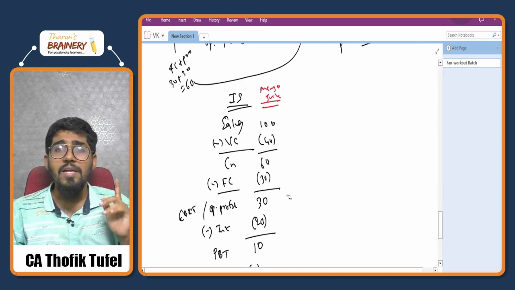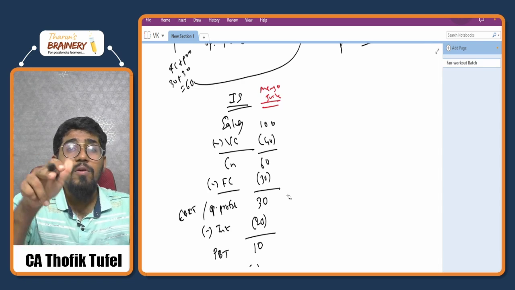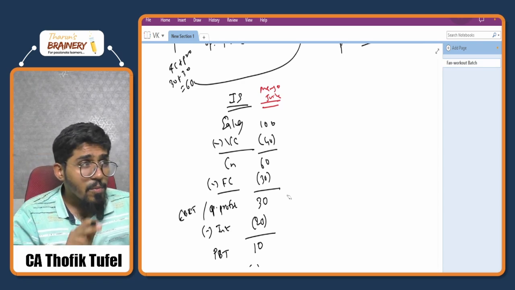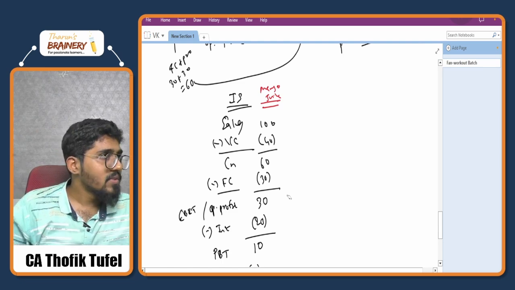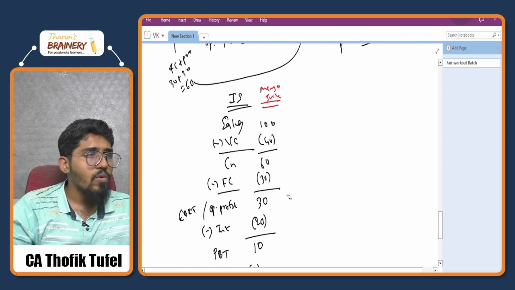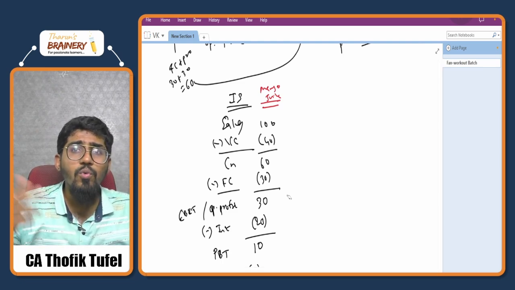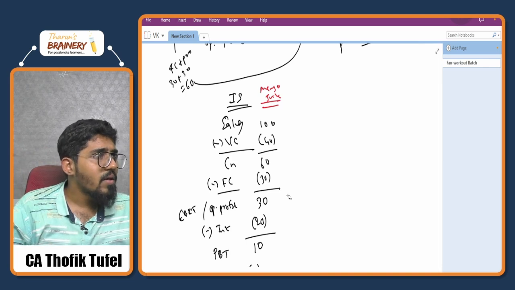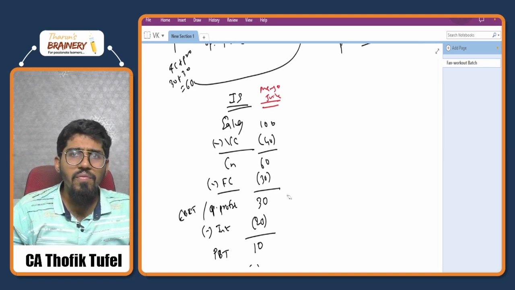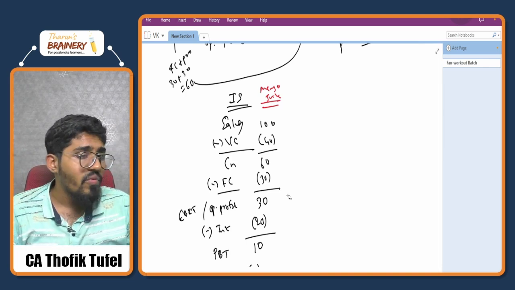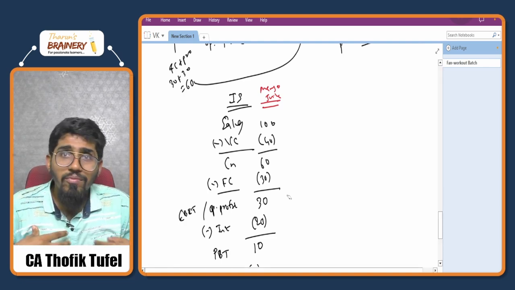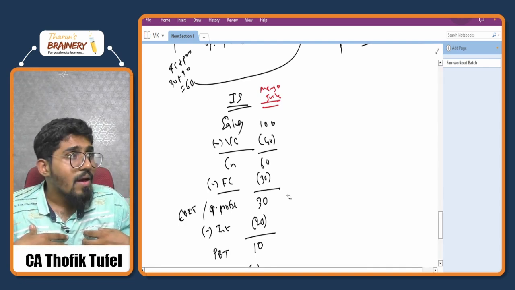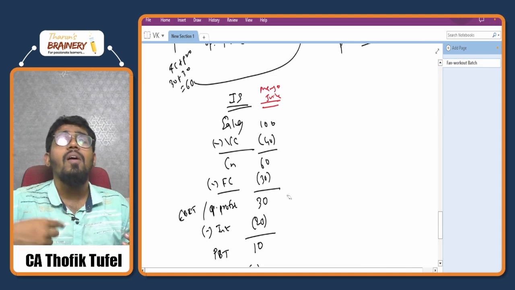So she's telling that, see, right now your sale is 100 crore rupees and your profit is 5 crore rupees. If your sales is doubling, say your sales is 200 crores, your profit will also be doubled, right? So 5 crore rupees is the profit now, and 10 crore rupees will be your profit. That 5 crore extra profit you earned because of me, right? So 50% of that, 2.5 crore rupees, I want.